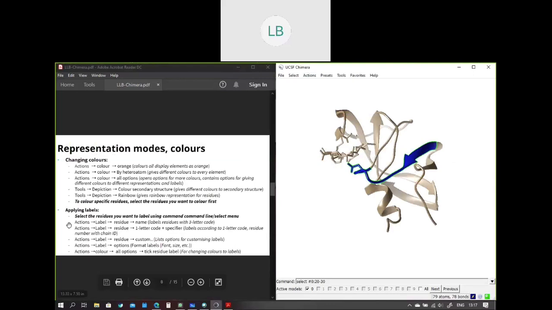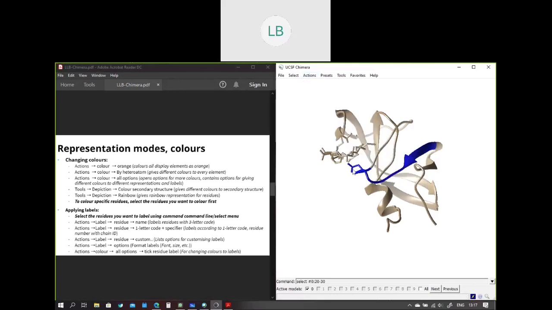So apart from the colors, we can also give labels to the proteins. So to do that, we'll press label and give name. Then the letter code, we will give the one letter code here.